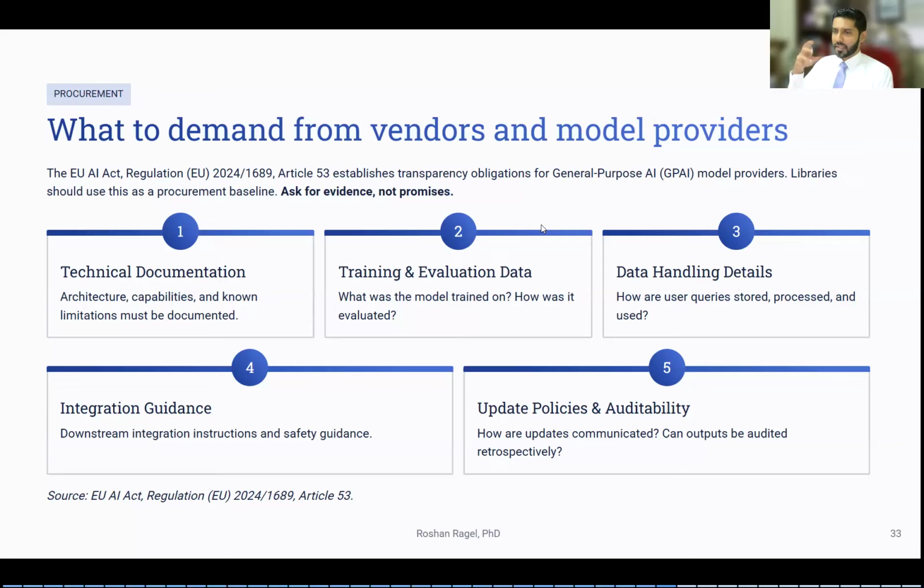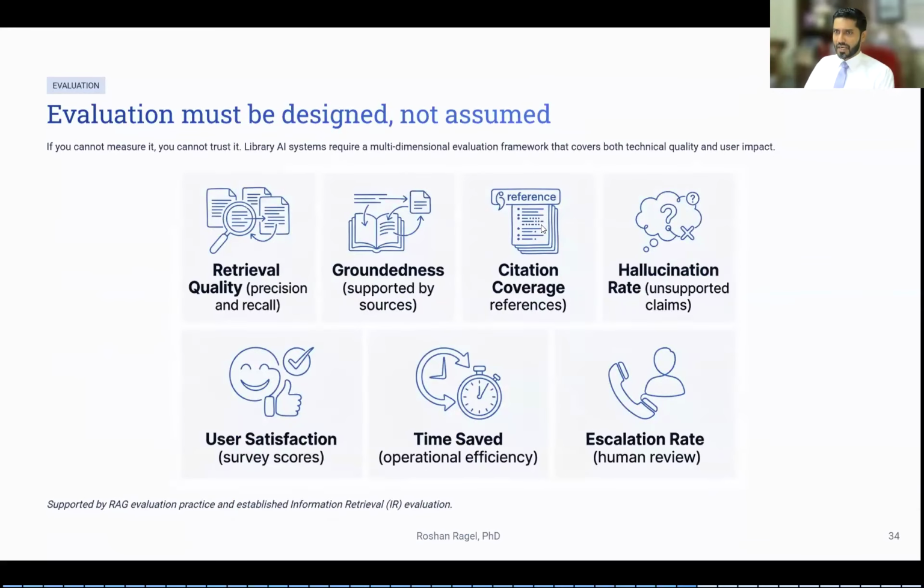We'll have to make sure the provider gives us guarantees on certain items about the data, and whether we are following various other governance-related items. So procurement also has to be updated in libraries when we want to use the resources that are becoming available for users. There are again guidelines, like I told you, so we don't have to reinvent the wheel. We have a number of things we can do.